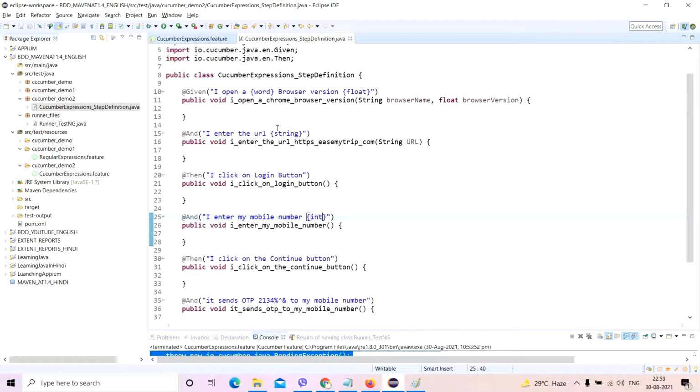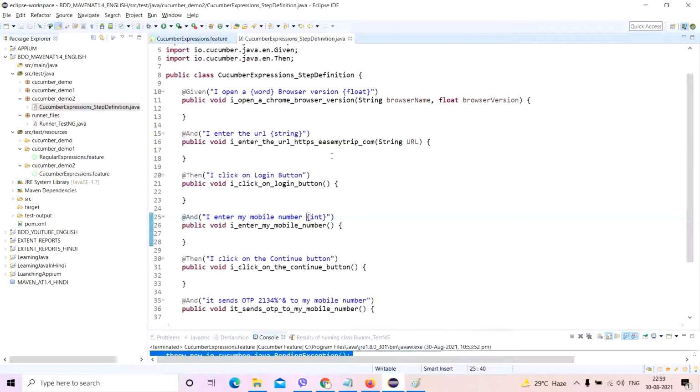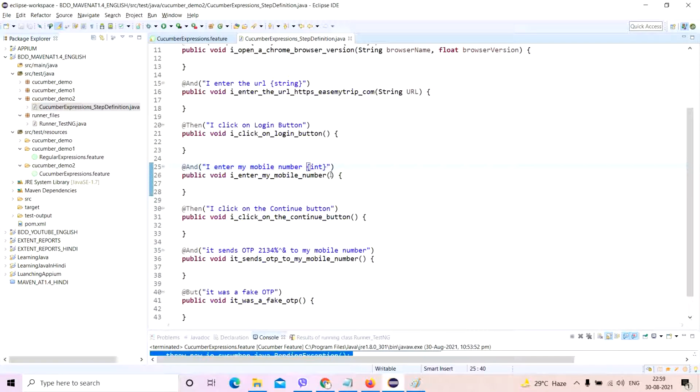Whenever you're using a cucumber expression, there is a certain change you make in this step definition, especially for string. All you have to do is go and change this and keep it either in double quotes or in single quotes. I'll suggest you keep it in double quotes. It will come as blue. Save it, and that's fine. That's the only thing you need to do. Leave this one alone. It is okay.